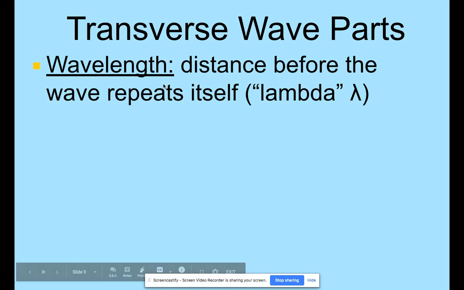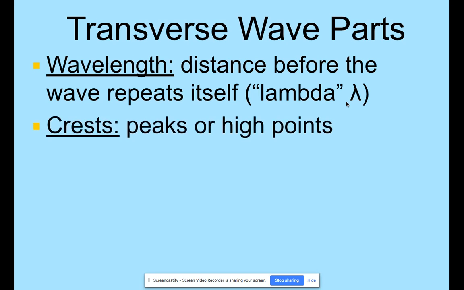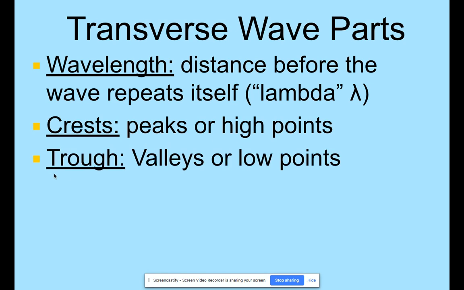It is the distance before the wave repeats itself. So we would go from peak to peak, or as you will learn in a second, crest to crest. And the variable that you use to represent wavelength is called lambda. Crest is the peak or the highest points of your wave, and trough is the valley or the lowest points